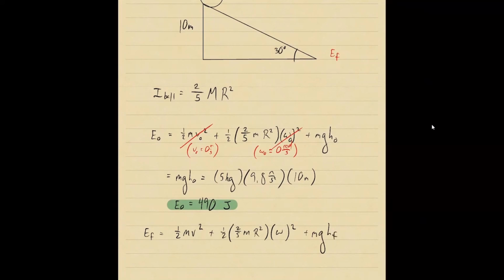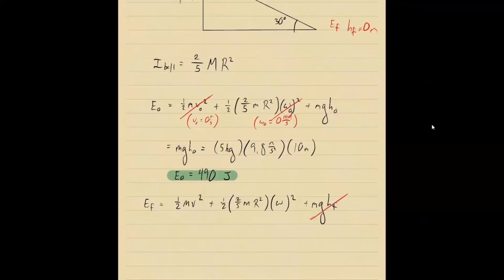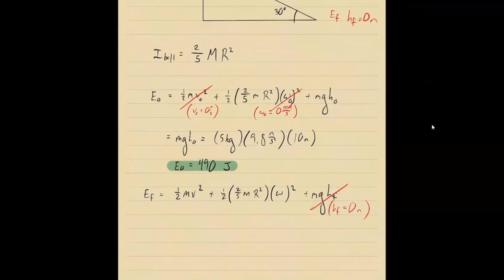gravitational potential energy. But at the bottom here, I'm going to say that this is a height of 0. And because of that, we're going to have no gravitational potential energy at the bottom of this ramp. Okay. Turns out that the total energy, so this is going to be 1/2 mv squared, the final kinetic energy plus,